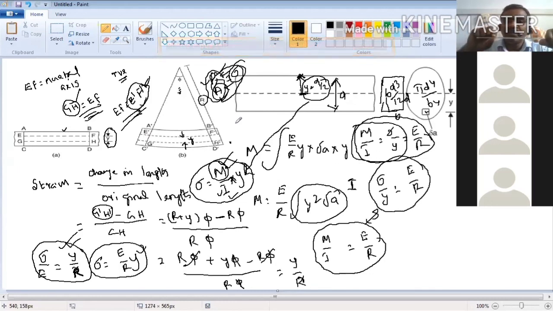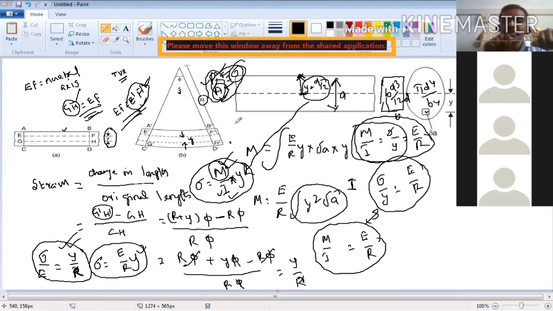If you want to find the bending moment at this point, load multiplied by this distance, you put. This will be one value. If you want the bending moment at another point, you put this load into this distance. If you find the bending moment at the support, this will be maximum. So stress will be maximum at the support. Right?